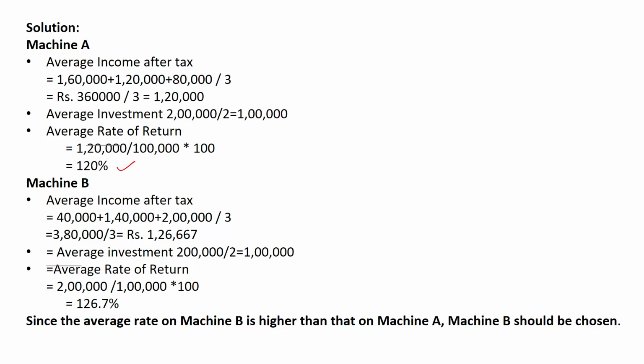So, average income after tax would be 40,000 plus 1,40,000 plus 2 lakhs divided by 3, which is 1,26,667. Now, average investment would be calculated using the similar formula that we have used for machine A. So, 2 lakh divided by 2 will give us the average investment as 1 lakh. Now, average rate of return can be calculated by taking the average income upon average investment, multiplying with 100, and here it is coming out to be